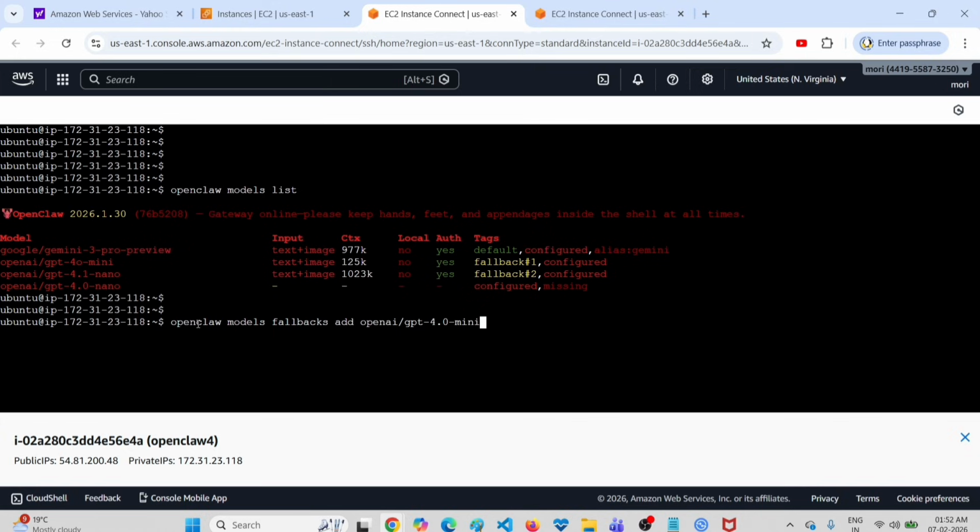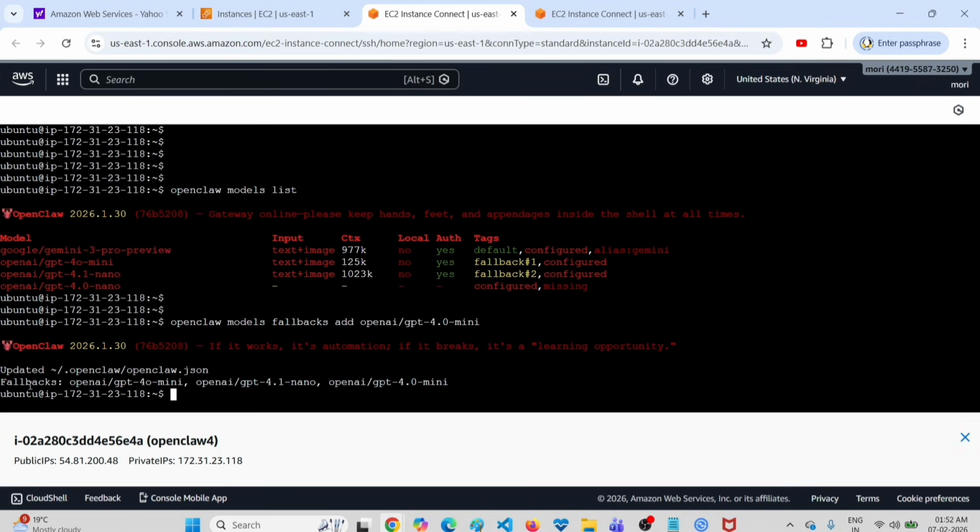Just run this command: openclaw models fallbacks add, then you can mention the name of the model that you want to add. Just run this command. Done. It says updated the configuration file. So now the fallback models are GPT 4.0 mini, 4.1 nano, then this new model. See,